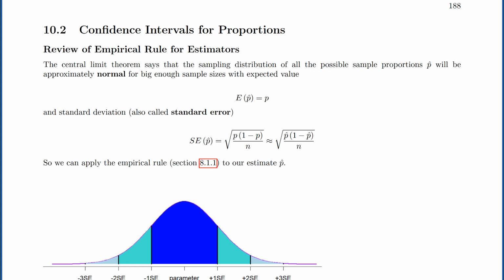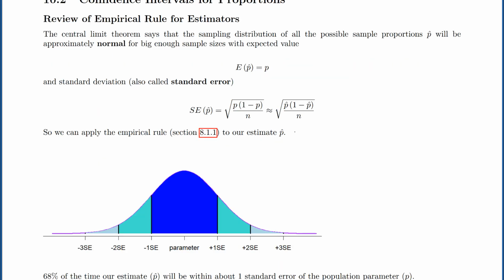But usually we don't know our population proportion, so we're going to estimate that with our sample proportion. So what all that means is we can apply the empirical rule to our estimate p hat. So we can say if this is our parameter, in our case it'll be our population proportion p, if we go out one standard error in either direction, that's going to be 68% of all the possible p